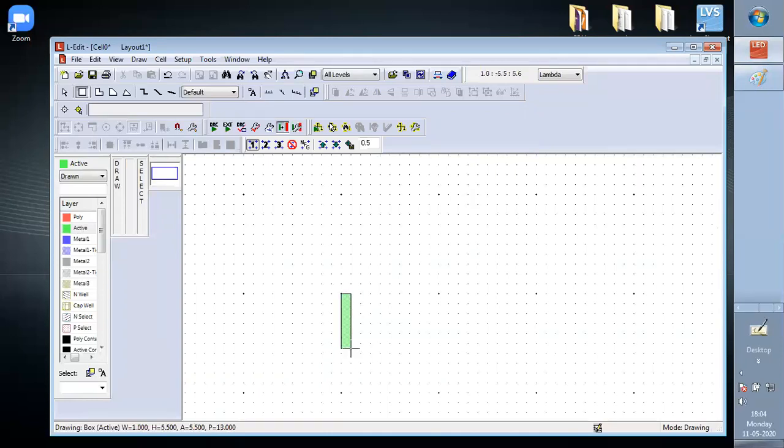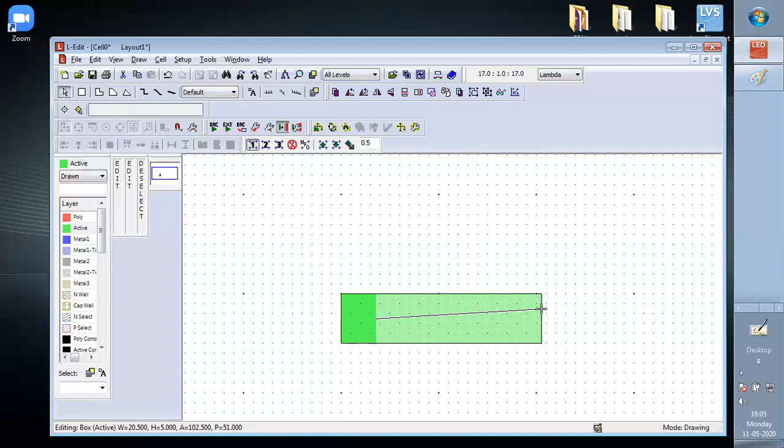You can see here the height is 5 lambda, and whenever we leave this block, we can recreate it by using Alt to move this height or width. Width is 25 lambda. We will check also why it is 25.